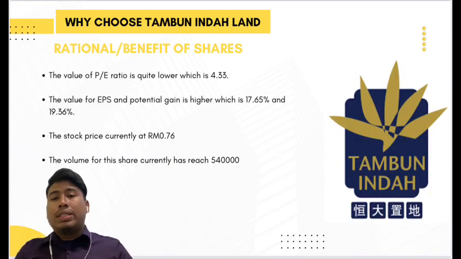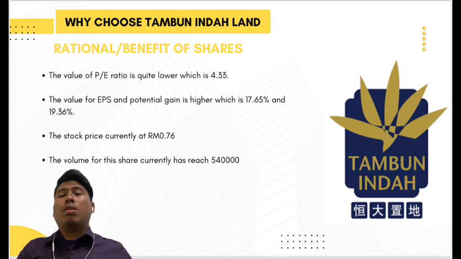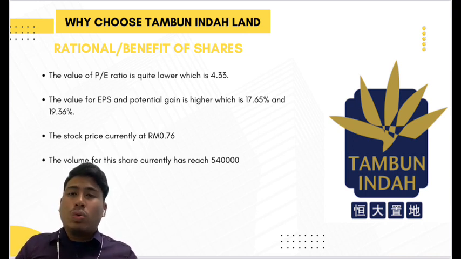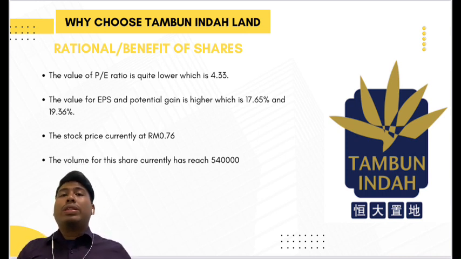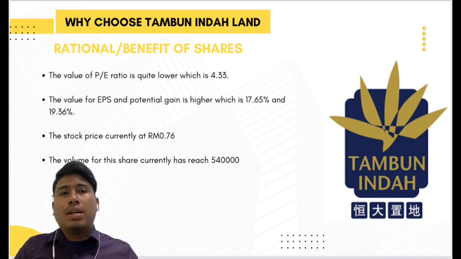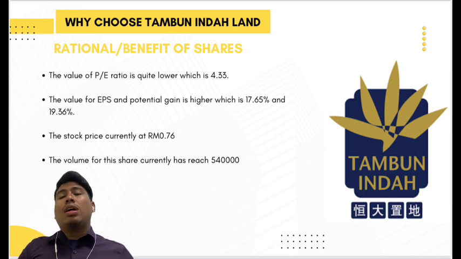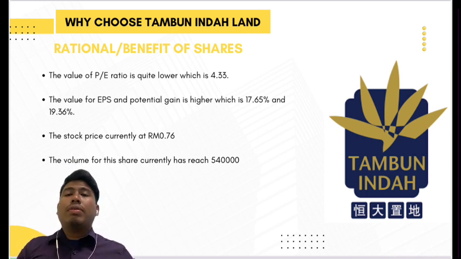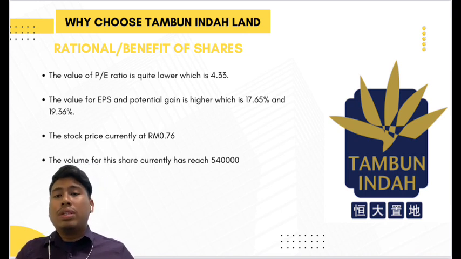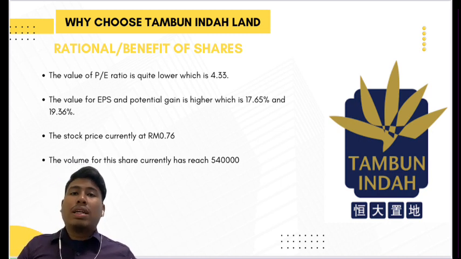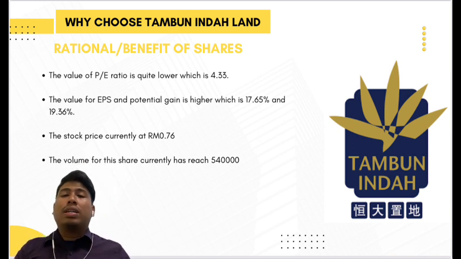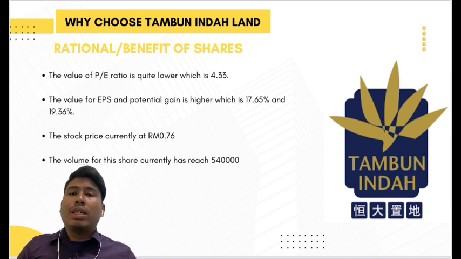Now, why did I choose this company as my watchlist? Because the PE ratio for this company is quite low, which is 4.33, which is good for investors. Second, the EPS and potential gain are very high, where the EPS is 17.65% and the potential gain is 19.36%, which is higher. And the stock price is currently at 0.76 ringgit and has the potential to increase